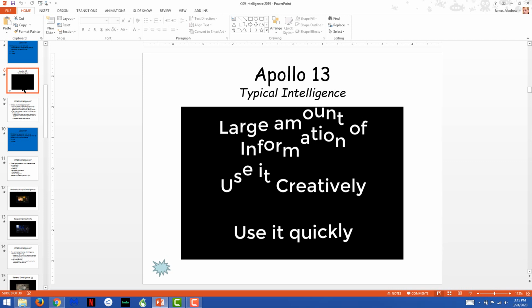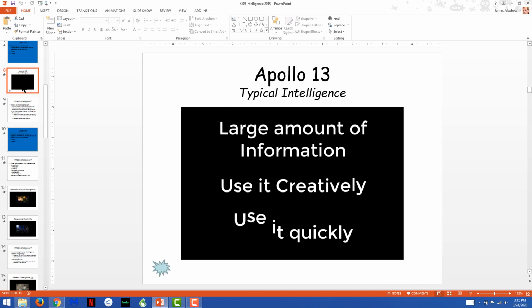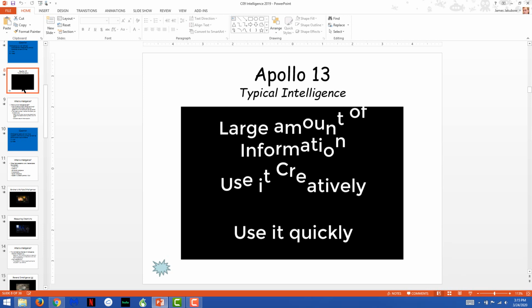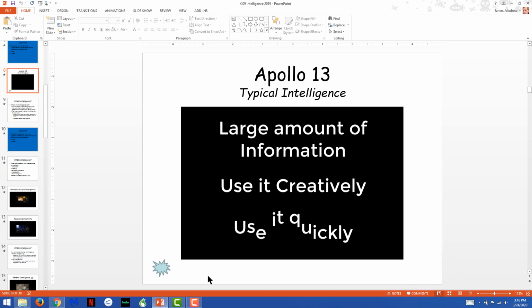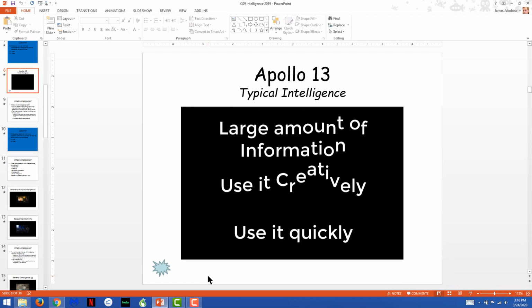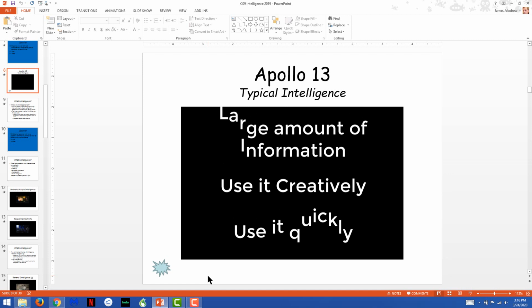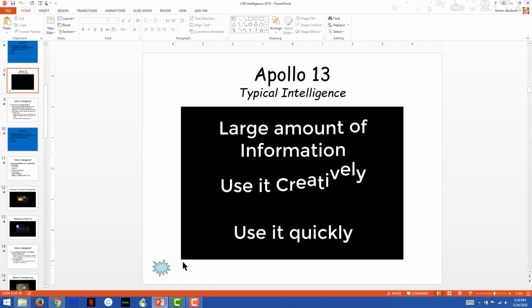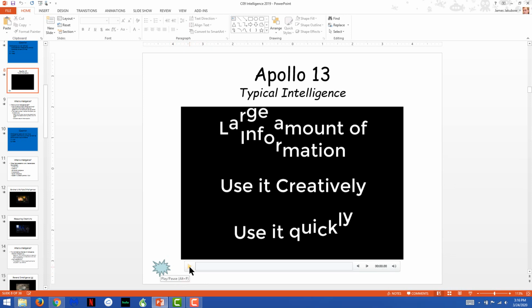intelligent behavior. And one of the nice examples that I have to show this is a brief clip from the movie Apollo 13. In this particular clip, what you have is a series of NASA scientists trying to figure out how to get the lunar module back to Earth to save the lives of the 3 astronauts. And what you see in the end is a lot of what most people would typically consider a high degree of